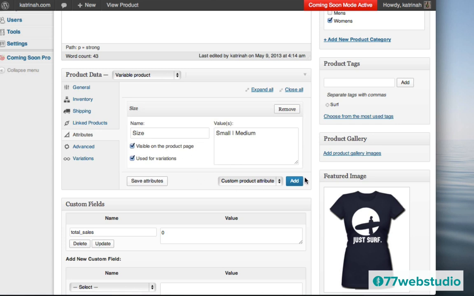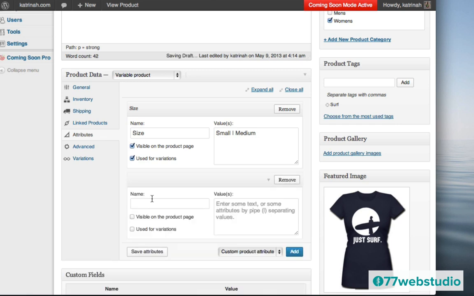I also want to make sure that this particular product comes in other colors other than navy. So the other attribute I'm going to give it is color. Here, once again, where it says Add, I'm going to click on Add and give it a name of color, and then the values will be navy, and I'll separate it with this pipe symbol, and then I'll give a white t-shirt, for example. So this will come in navy or white. Actually, I'll add orange too. So it comes in these three colors, and I'm separating each color with the pipe symbol.